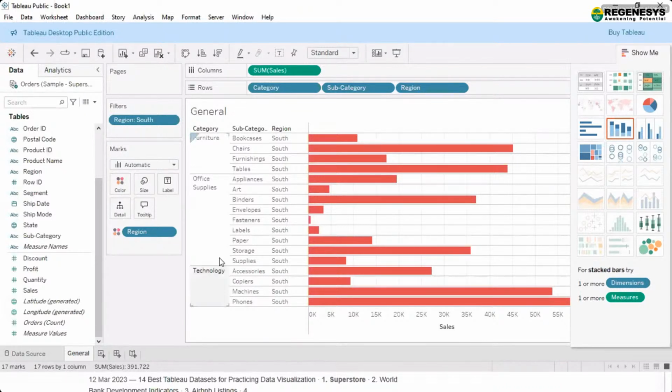It is not necessary that you take all of these, like category or subcategory, both. If you want, you can use the categories only, or the subcategory only. Based on the data or requirement you have, you can take the fields here in the rows and columns. Please put done if you are done.